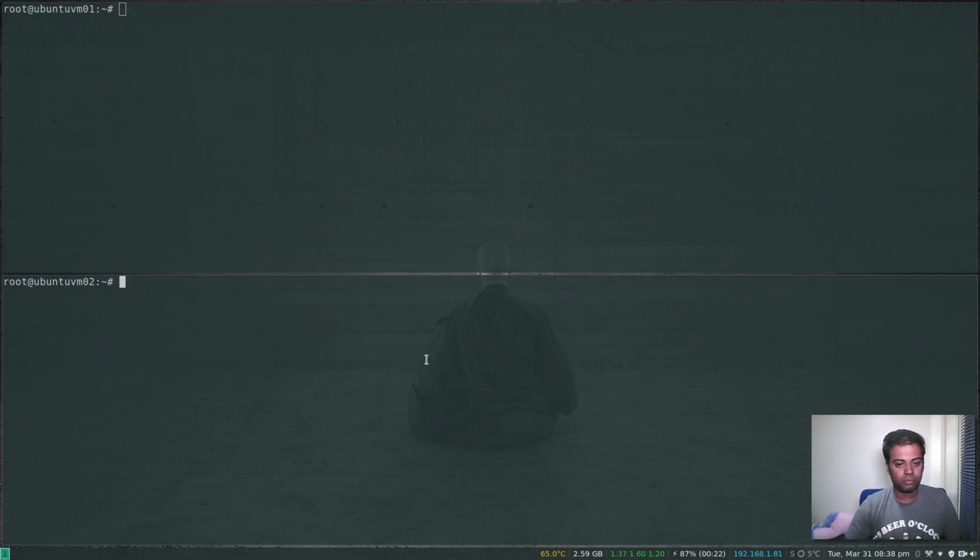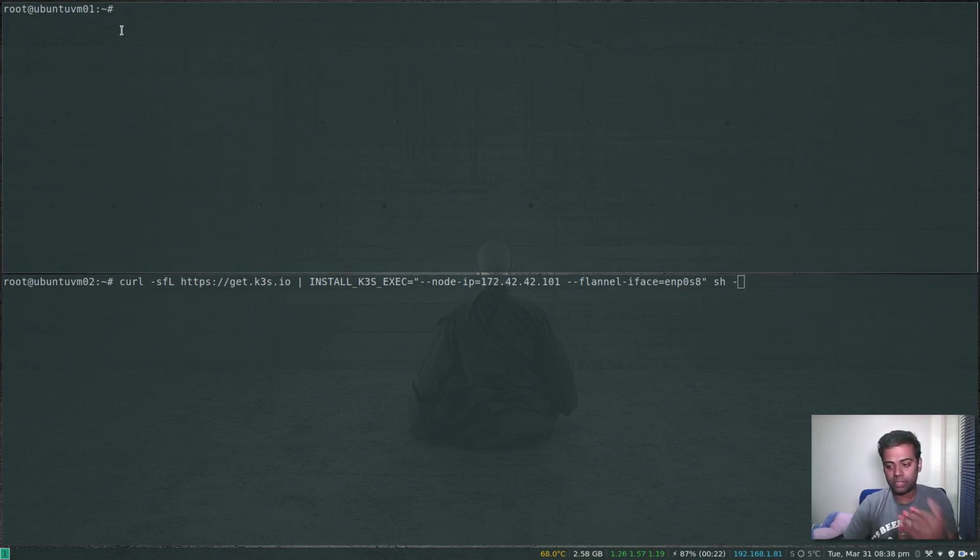Ctrl+C, Ctrl+V. Okay, so it's exactly the same command that we used on our master machine when we were setting it up, but there are a few things that we need to add. The first thing, obviously, is to change the IP address to that of the worker node, which for ubuntu-vm02 is 172.42.42.102. And the other two options that I'm going to add before the sh command is K3S